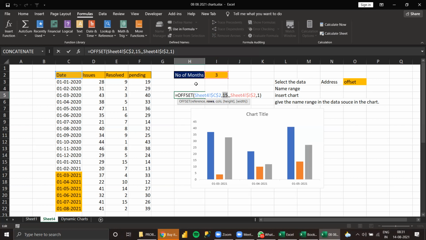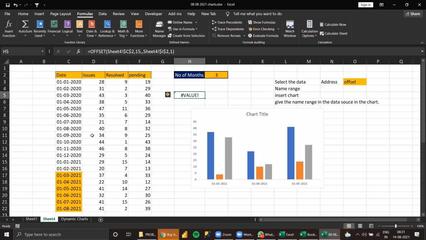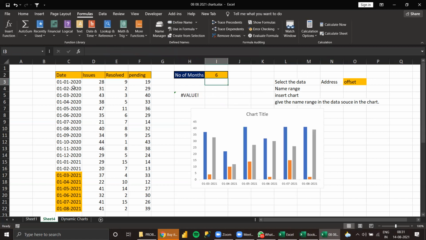Okay, no problem. So what the logic is, total count minus this is the start point. Now, for example, see here. Suppose how I get 15 here. Suppose last 6 months. What is the count here? 20. 20 minus 6 is 14. So from the 15th onwards I need to get.